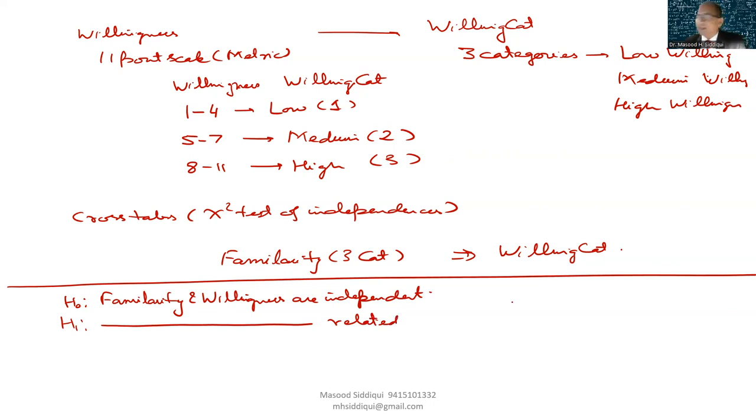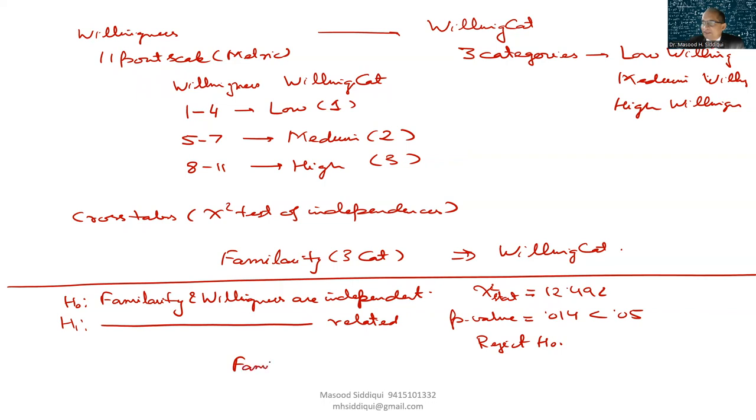Okay. So here, as we have just discussed, the chi-square value from the sample, or chi-square stat value, is 12.492, and the corresponding p-value, which is 0.014, is less than 0.05. So we would be rejecting H naught. Means we are rejecting independence. It means familiarity and willingness